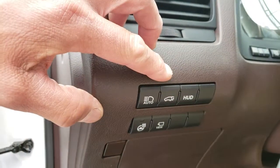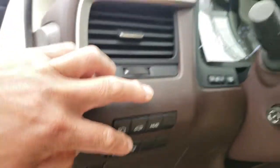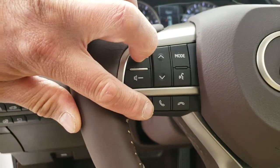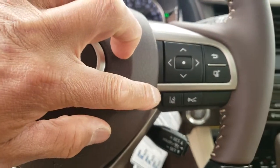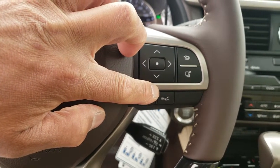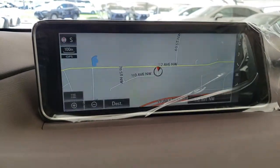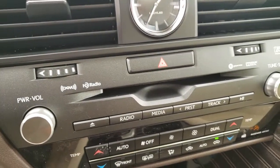automatic high beams, power rear liftgate, heads up display, heated steering wheel, panoramic view monitor, power tilt and telescopic steering wheel, hands-free audio controls, hands-free calling, lane keeping assist with steering assist, dynamic radar cruise control with pre-collision system, 12.3-inch multimedia display with navigation, Bluetooth audio, and backup camera, Mark Levinson 15-speaker premium audio system,